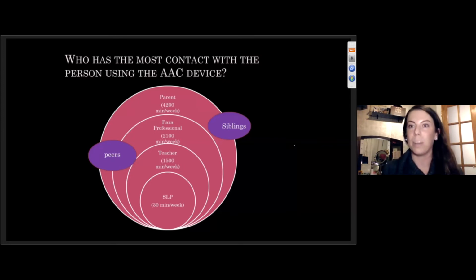You are the ones that we are relying on to provide those models to help them build that communication, because it's not something that we can do 30 minutes a week, 60 minutes a week, depending on what your model is with an SLP or what your model is with going in with a school system. You are the ones that are providing them with that education. And so you are the ones that should feel empowered and should feel as though that you can be those advocates for your kids and be able to be a part of this system. And so that's very important.